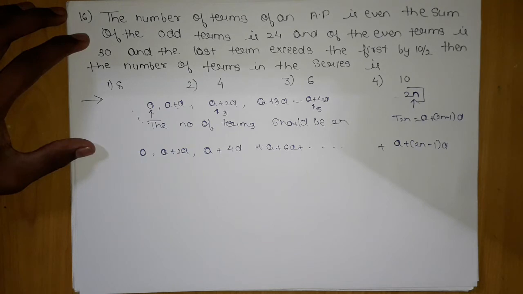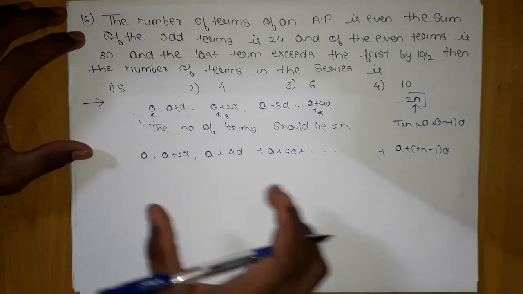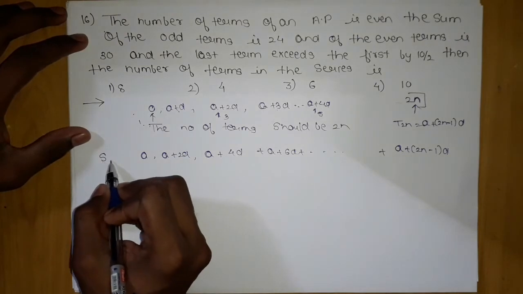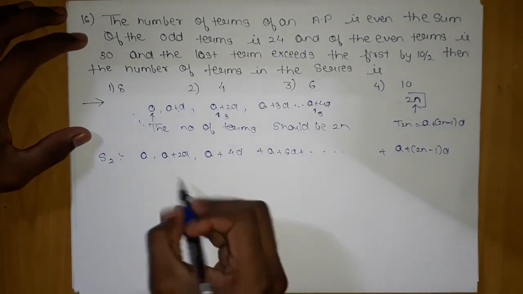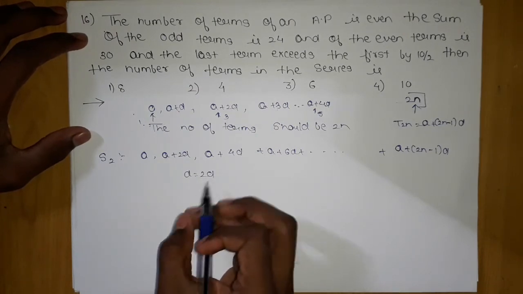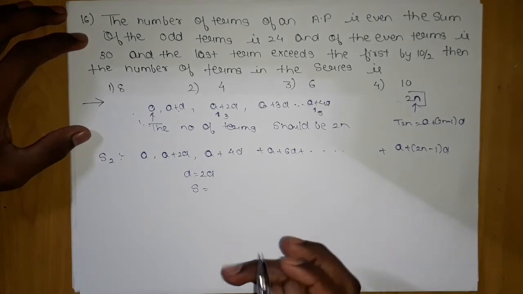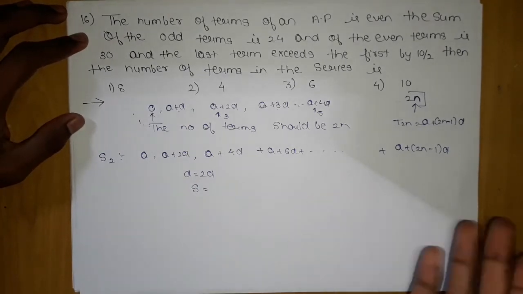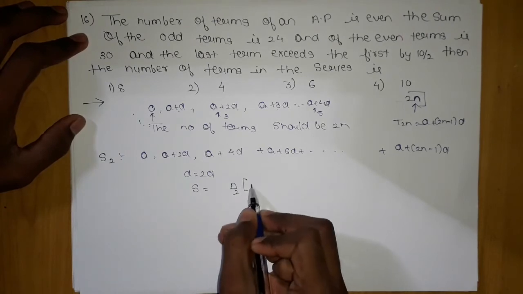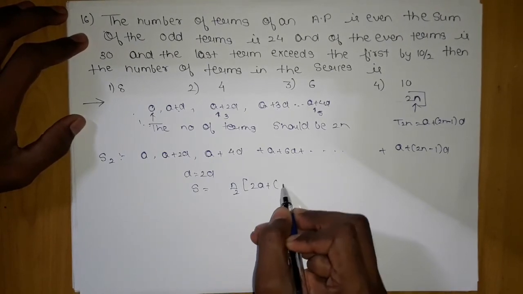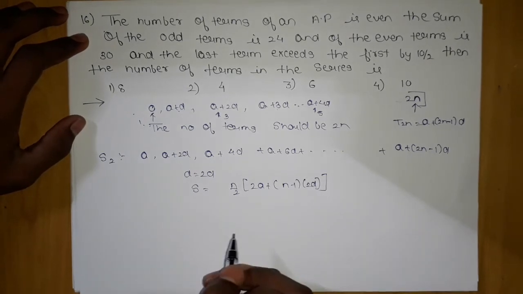Now one more thing. When we take the sum, if you observe, this is a different series, so I will call it S2. In S2, our common difference is 2d. Can I get its sum? Yes, very easily. How many terms are here? If there are 2n terms, then the odd terms will be n and the even terms will be n. So the sum is n by 2 bracket 2a plus bracket n minus 1 into 2d. This was the basic calculation.